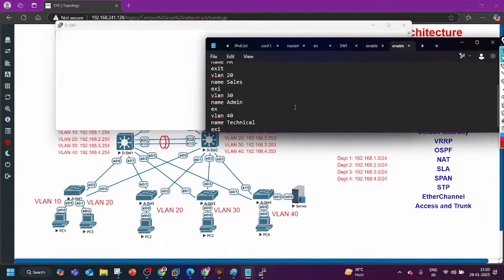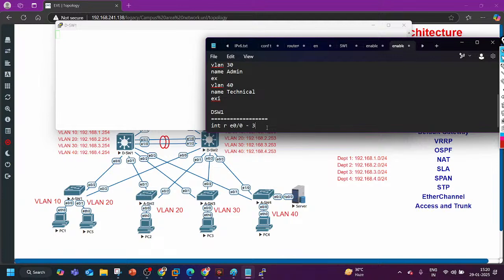Getting my point? I am fulfilling the requirement of VTP. First requirement: trunk. So I am going to form all the links between switches as trunk. On distribution switch 1, what command will I run? Interface range E0/0-3. You can see this command is going to select all these interfaces which are connected to